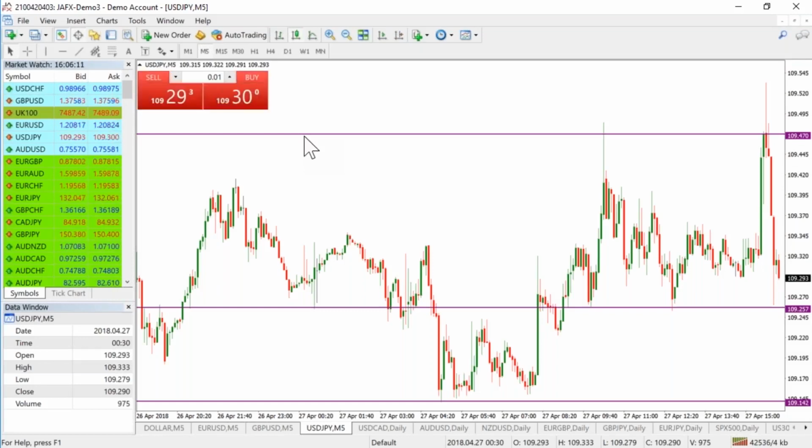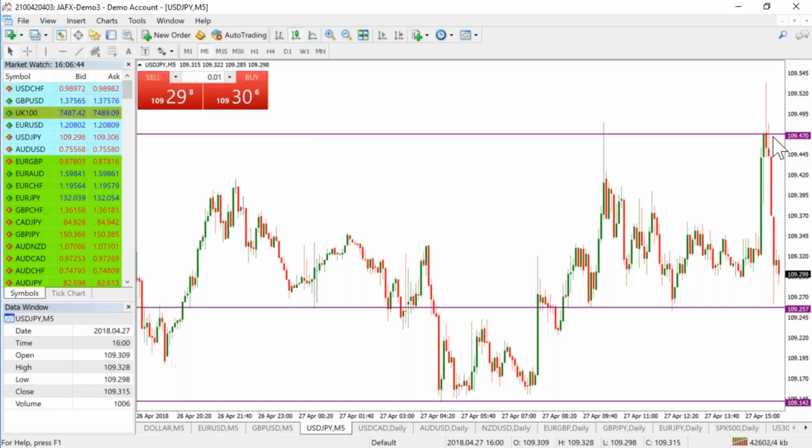And we've failed to break above the 109.47. We're getting prices pulled back to the 109.25. So that's a significant pullback. I don't know if it's news related. It should be very positive actually for the dollar, but maybe a lot of that price action and potential good news with that news release has already been priced in. So we get the initial flush higher, and then we get the markets pulling back a little bit.